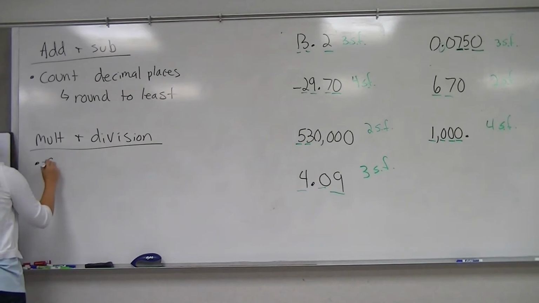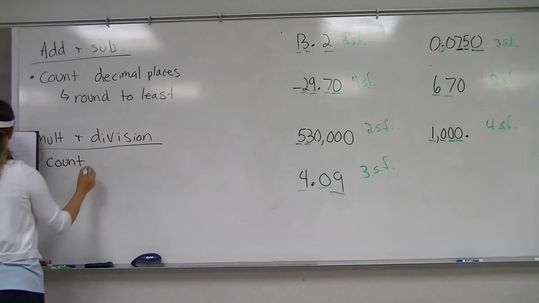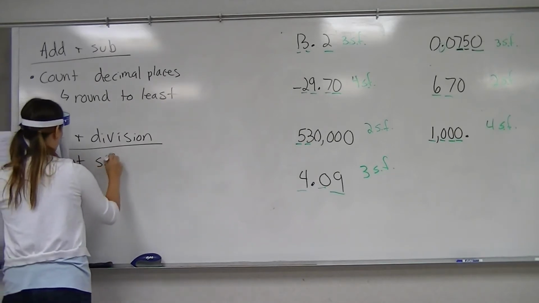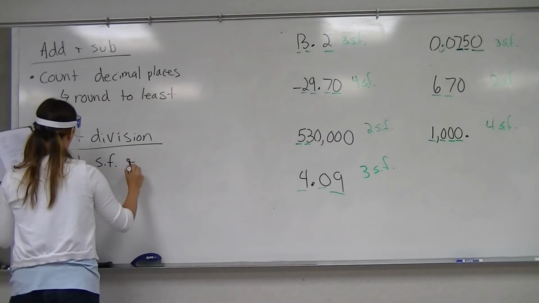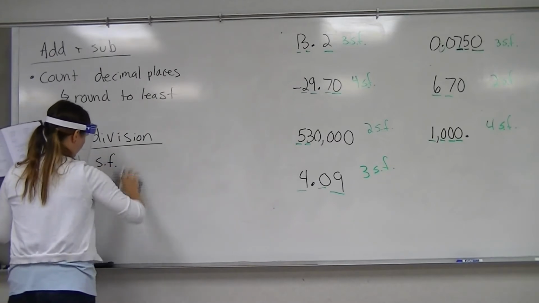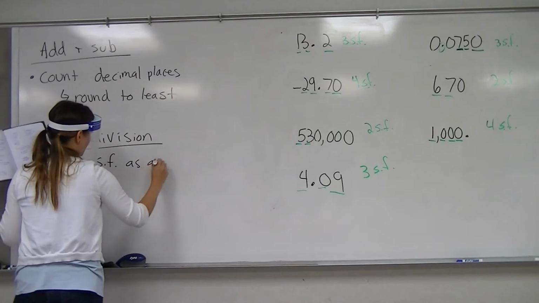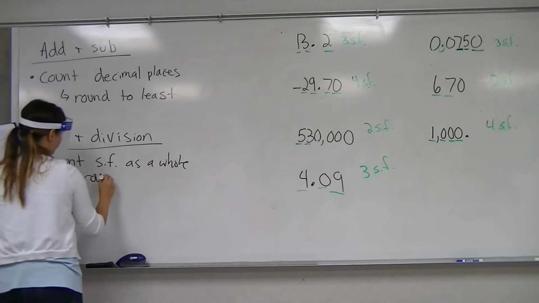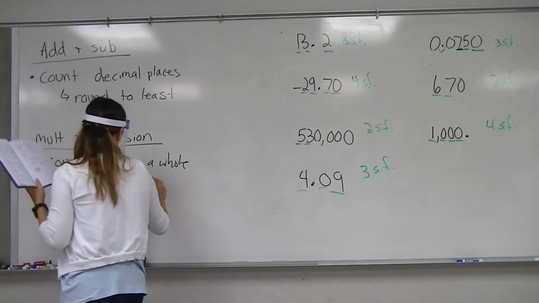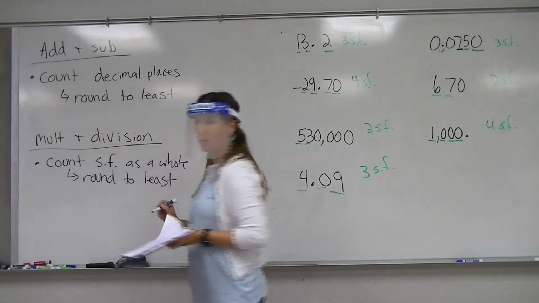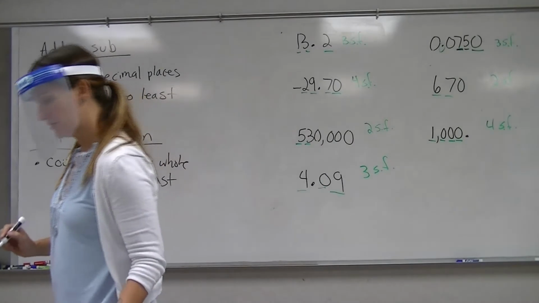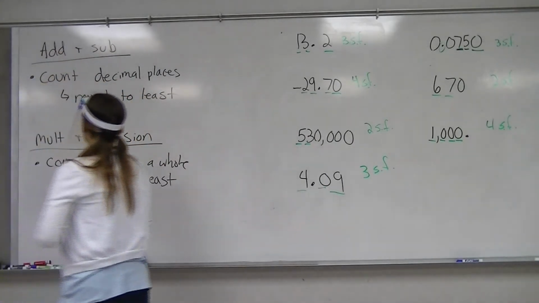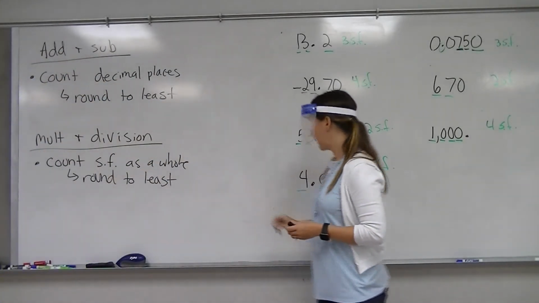Because the rules I'm writing differ depending upon what order of operation you're doing. So, if you approach your problem and it says you're adding or subtracting, well, then you want to look at